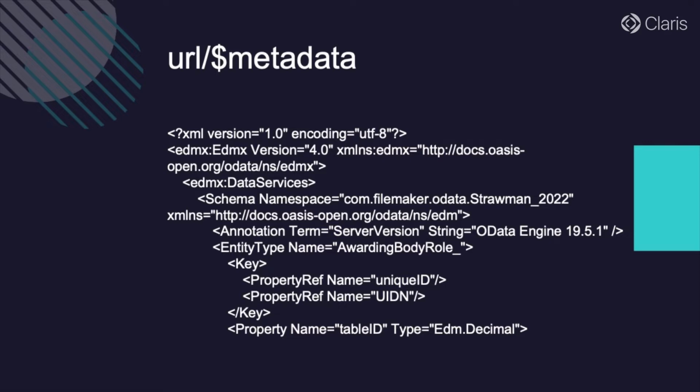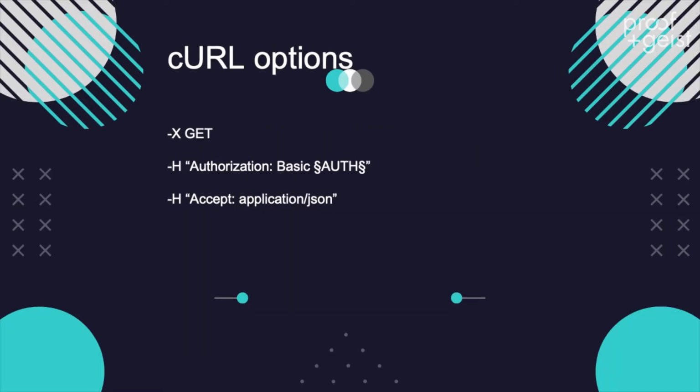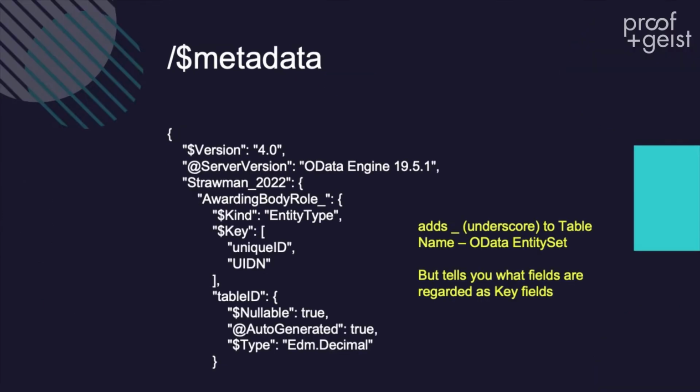The delivery mechanism back to you can be in XML, JSON, and in certain cases HTML. Obviously, for what we're doing here, we really want it in JSON. So we have to go back into our curl options and add one more parameter in the headers of Accept: application/JSON. And then when we run the query again, there you go, it looks like JSON to you